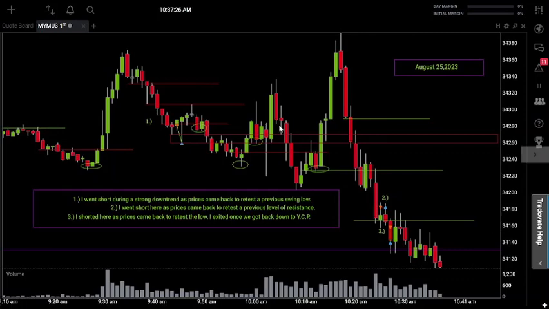So I just let all of the news play out, and then once we finally started moving, I tried to catch this trade right here as prices came back from this wick after this large candle to the upside. Because once we had this higher low established, you know me, once I see a higher low, I change my bias and I'm like, okay, we need to start thinking about longs.